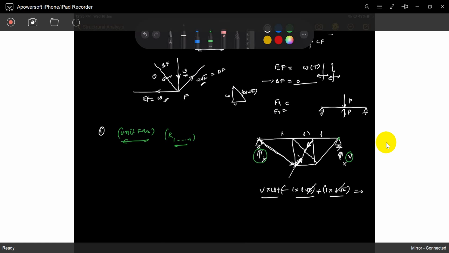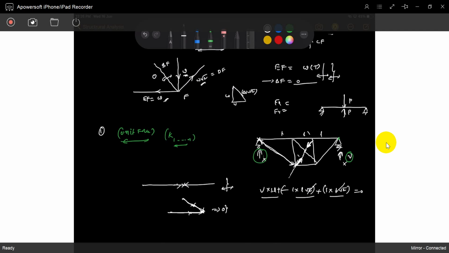I have told you many times, if these 2 members are meeting at one joint, compulsorily one balances the other. Otherwise, if one force is horizontal and the other is inclined, the horizontal force is balanced by one, but the vertical force is balanced by nothing, since no member is there. So it is not possible, and compulsorily those 2 are equal to 0. That is the basic truss analysis, first basic mechanics.